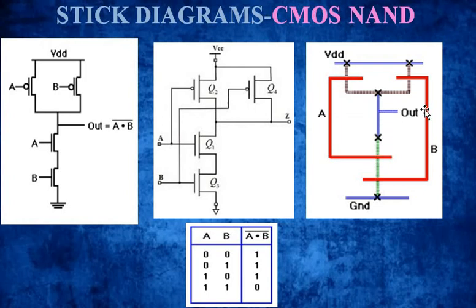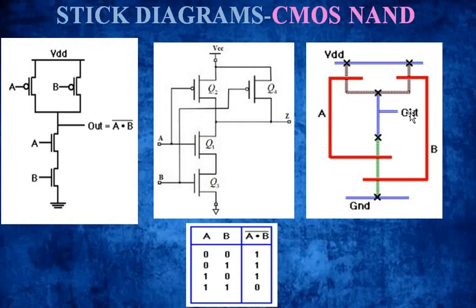Now the connections of your input are important. You have to give a layer for the gate, and from the gate terminals you interconnect your inputs. For gate terminals you use polysilicon, and the polysilicon color is red. So the red line A connects Q3 and Q1, and Q1 and Q2 are one combination of CMOS transistor. From here I am giving A, these both are A. From here one more connection of the CMOS transistor is B, the polysilicon layer, given as red. These two are combined, getting the output.